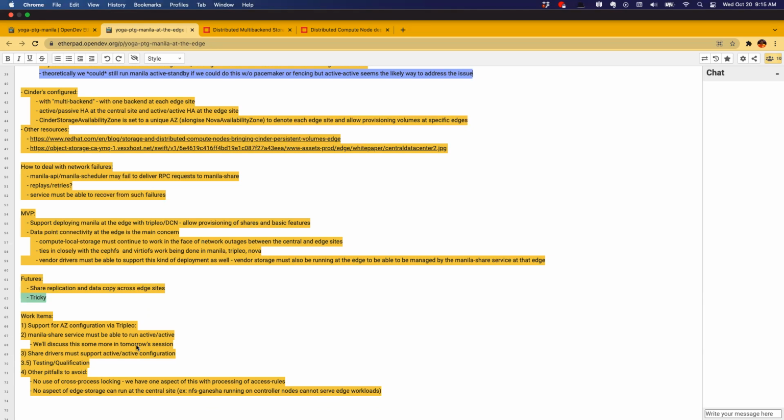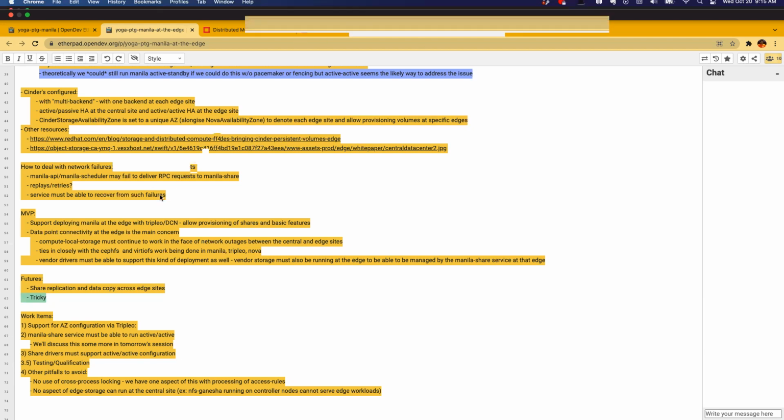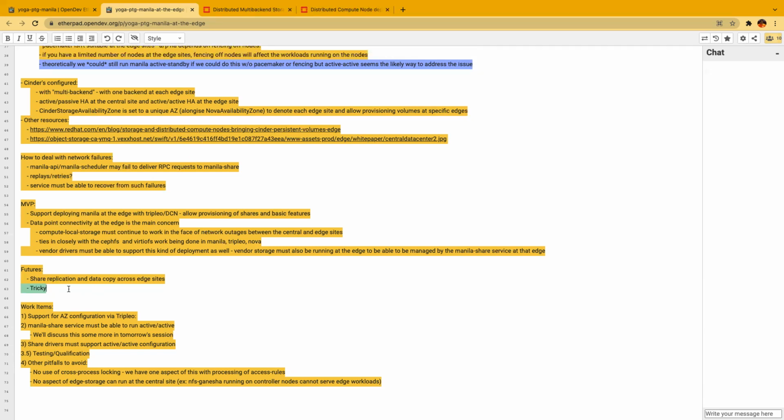Any other concerns, topics for this? I saw that under futures, there was the idea of share replication and data copy across edge sites, and I just wanted to let you know what's going on